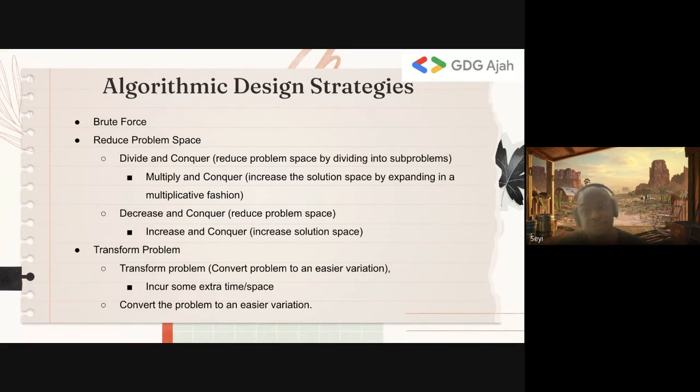Then the third strategy is to transform the problem. So if you look at the problem and you're like, okay, I can't solve this problem, what other problem related to this can I solve? It's just a way of thinking about the problem in a different way. And that gives us some insights into how we can solve the problem in different ways. Usually, when you transform the problem like that, you have to take some trade-off. Either you take extra time or you take extra space. But sometimes the trade-offs are not too bad to make the algorithm inefficient. So we usually still apply it.